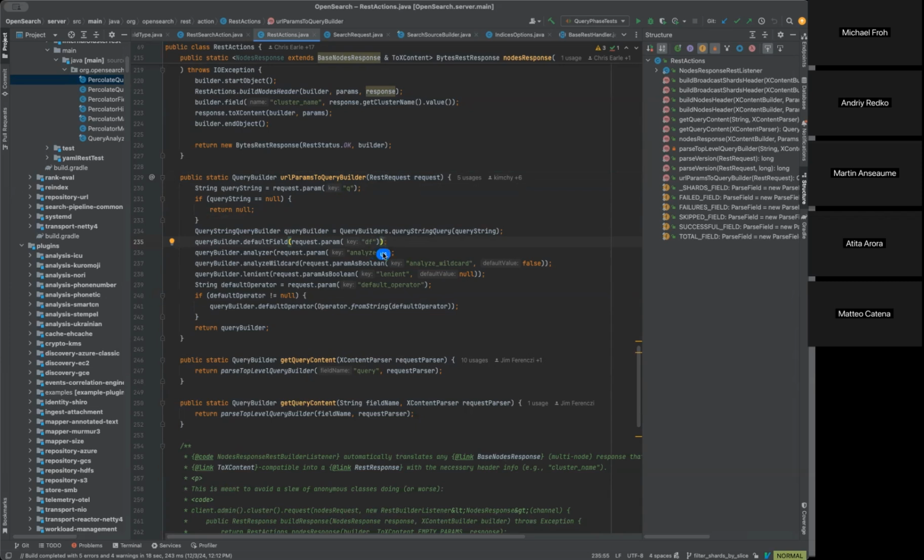Sorry, I'm just going to try to figure out how to get rid of the keyboard selector. Oh, stop popping that up. Okay. Anyway,